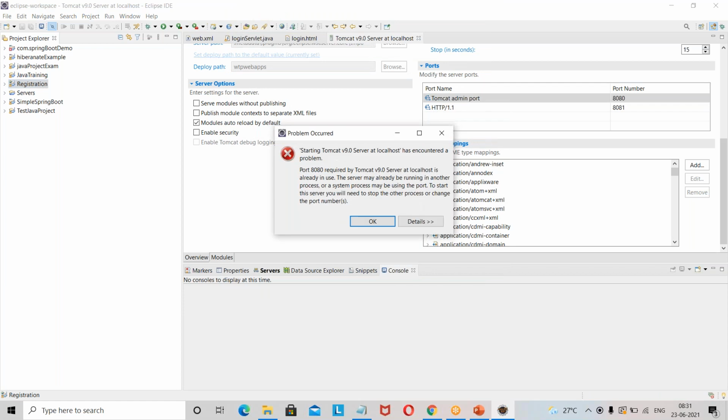I put some link in the chat. Okay. The solution they are saying is to try reinstalling Tomcat on another port.